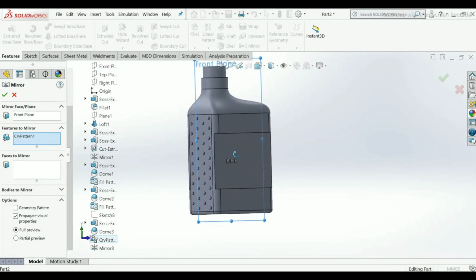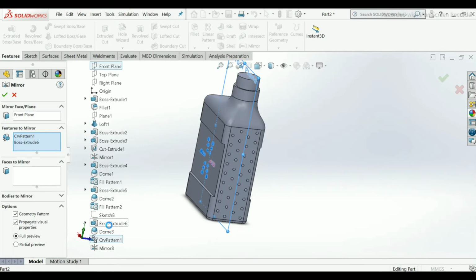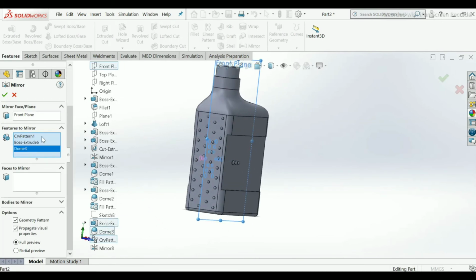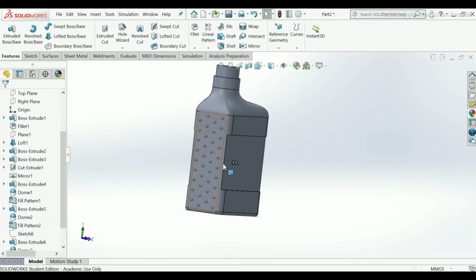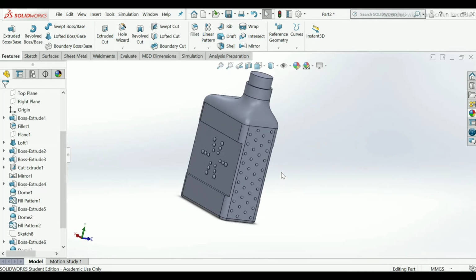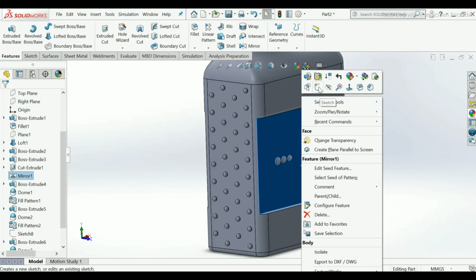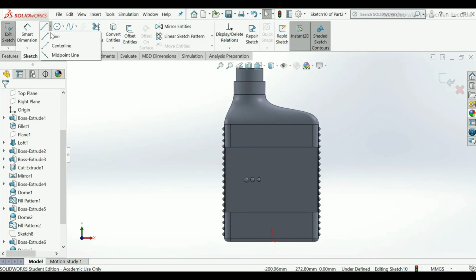Actually, the mirror was not done properly, so I will make sure of it. If the mirror shows fail, then you can make another curve from this face.